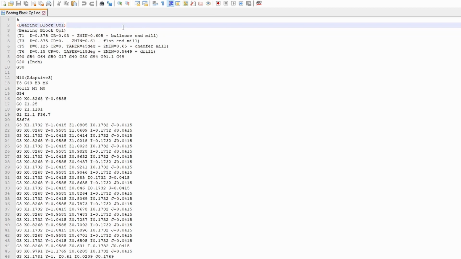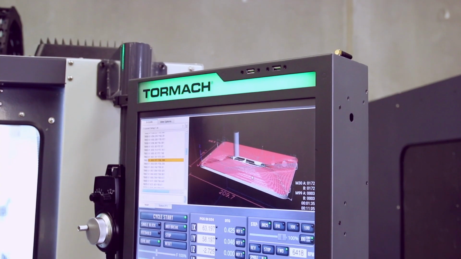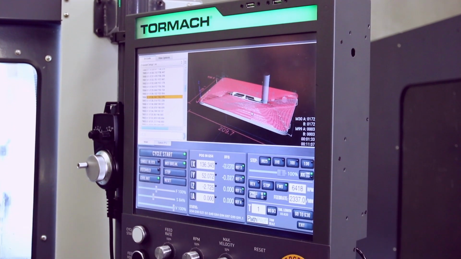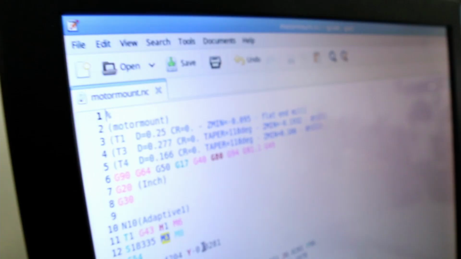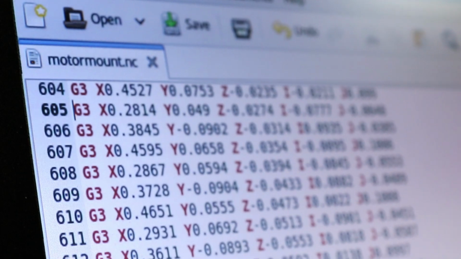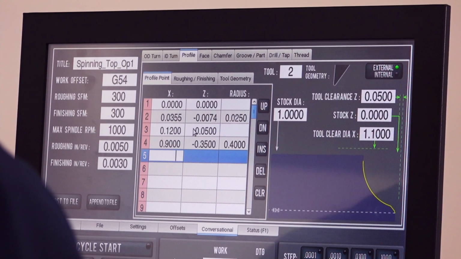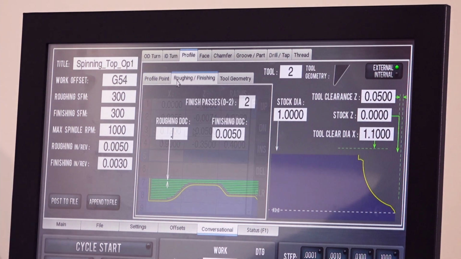You then move that G-code onto your CNC machine and onto its control software. For Tormach, that control software is called PathPilot. PathPilot has the tools to take your G-code and output great parts. It has a G-code editor that allows you to examine the code, make changes to the code, and choose the correct tooling.